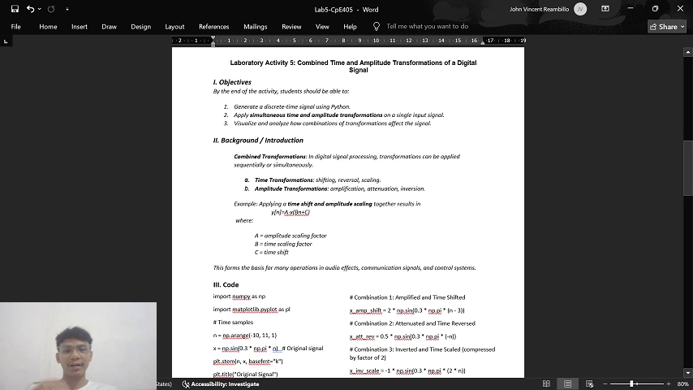signal's shape and behavior. In digital signal processing, we can transform signals in two main ways, through time transformations and amplitude transformations. Time transformations include shifting, reversal, and scaling, which change the signal's position or timing. Amplitude transformations, on the other hand, include amplification, attenuation, and inversion, which affect the signal's strength or direction. When combined, these transformations create more complex effects and are widely used in applications like audio processing, communication systems, and